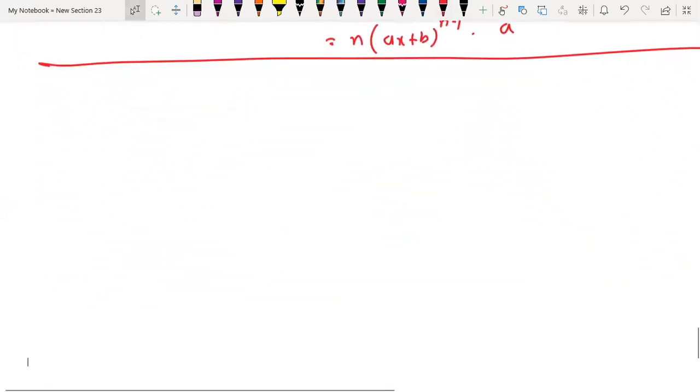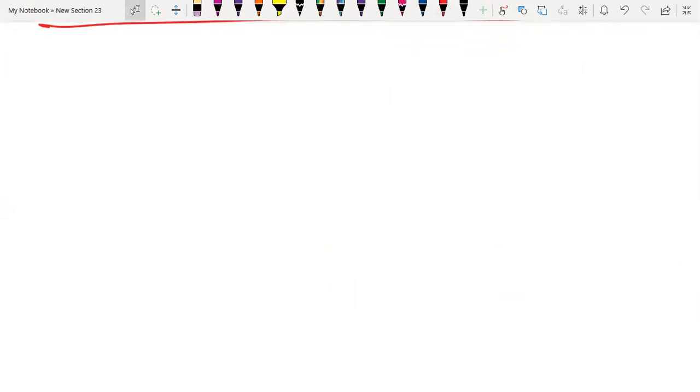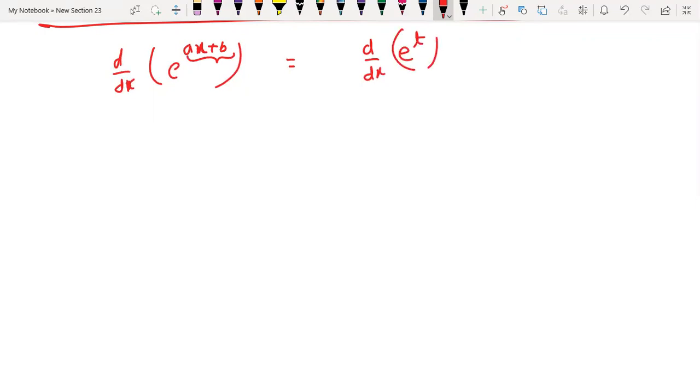Okay, so next is Mr. Anurag. Yeah, next one is d by dx of e raised to power ax plus b. अब ये फंक्शन में कुछ बदल गया, जो भी नया सा बवाल दिख रहा है उसको t assume कर लेते हैं. This whole ax plus b will be replaced as t,